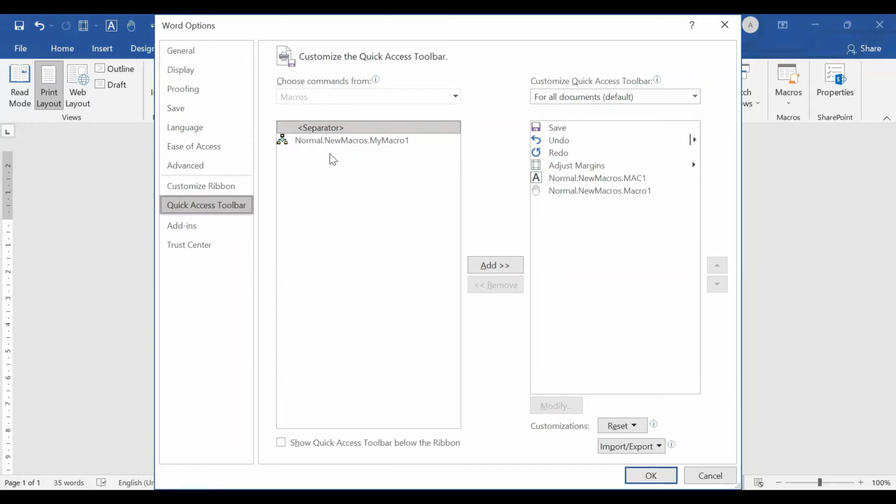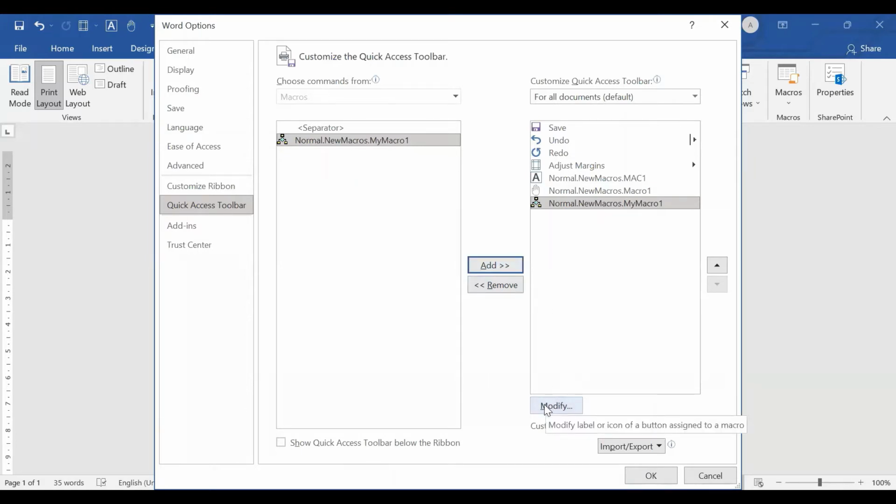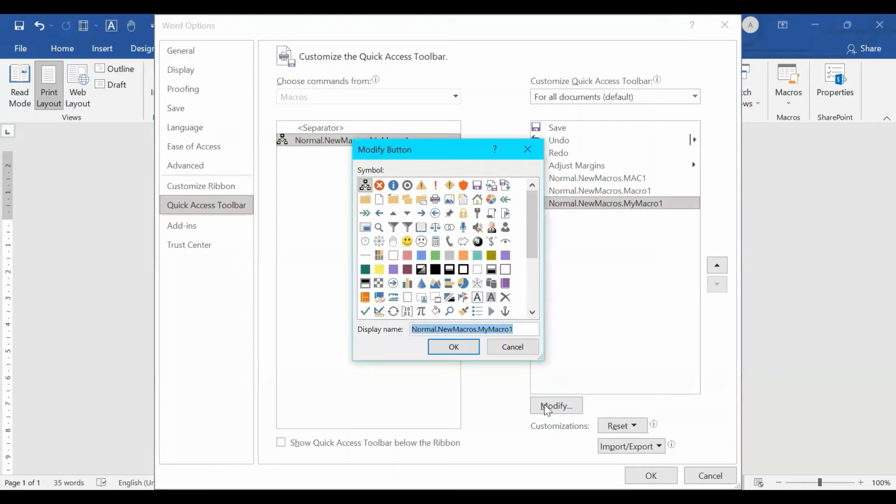Now you need to select your macro. You have given the name My Macro 1, and let's add this macro here. Once you have added the macro, you need to click on this Modify button, and you can choose any image of your choice from this Modify button.